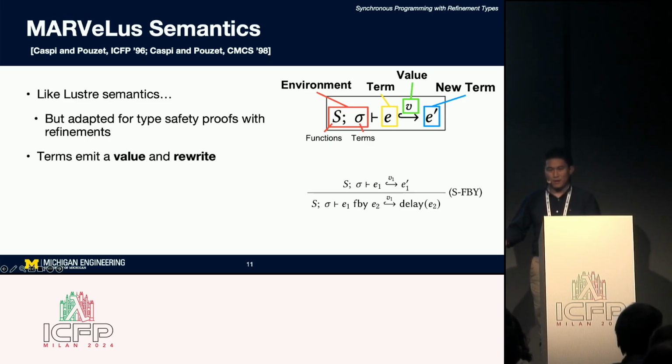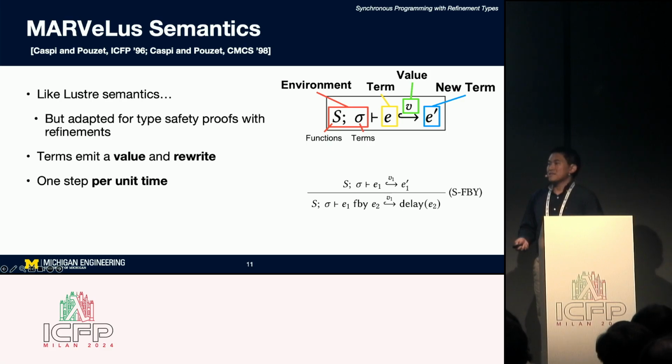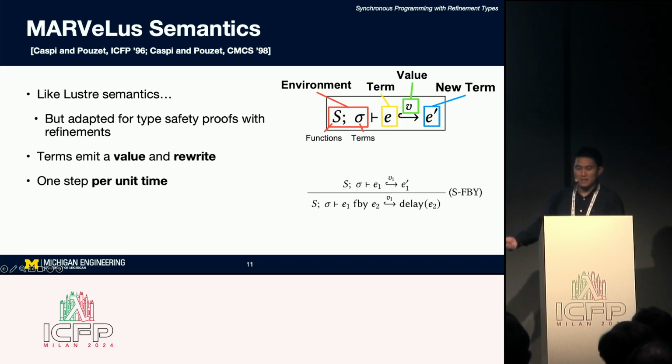Now, the key difference here is that only one step gets taken per time interval. So at each time step, you only take one semantic step. On the lower right here, I've shown you my favorite rule, which is the rule for a unit delay